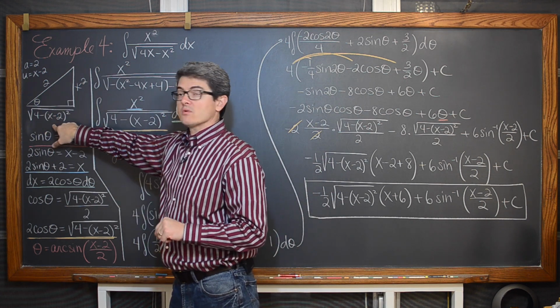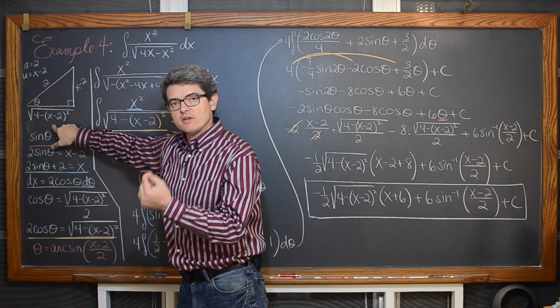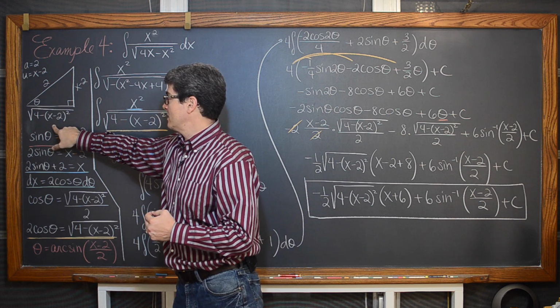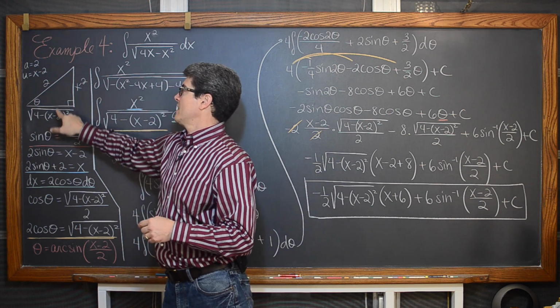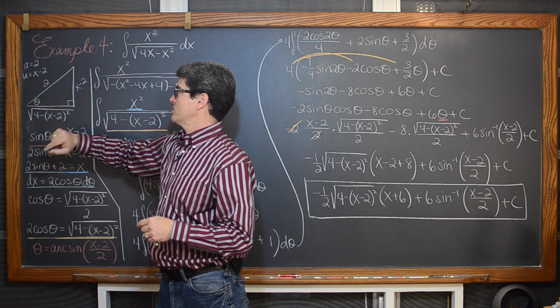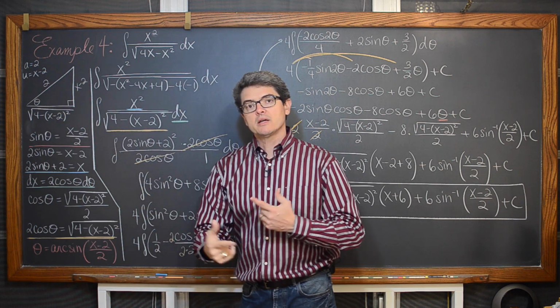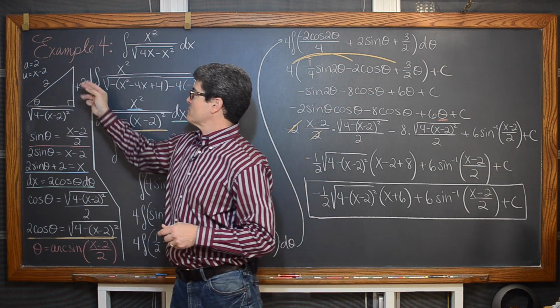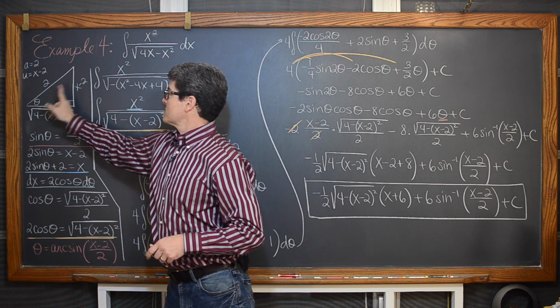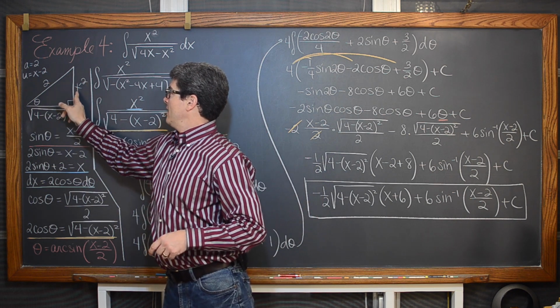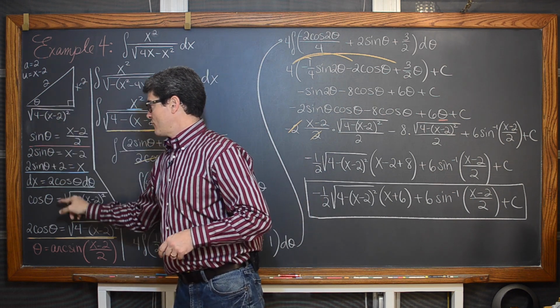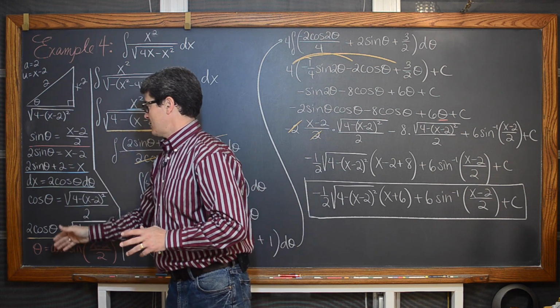And then that u, the x minus 2, is that going to be on the vertical leg or the horizontal leg? Well, if you put it on the horizontal leg, remembering that the initial trig function needs to be a primary function, you don't want to do the cosine of theta is equal to (x minus 2) over 2. You want to use a primary sine, tangent, or secant. So the x minus 2 goes on the vertical leg, and the sine of theta is equal to (x minus 2) over 2, and then we just go from there and start running and find the dx and find a